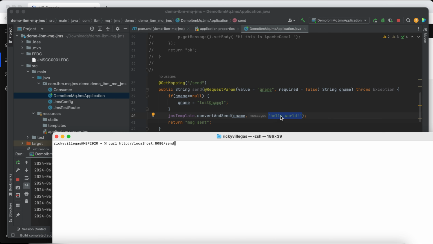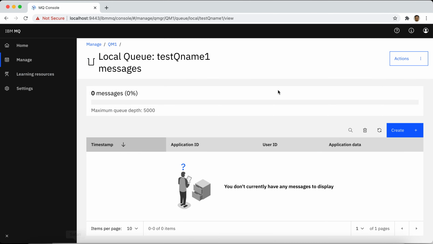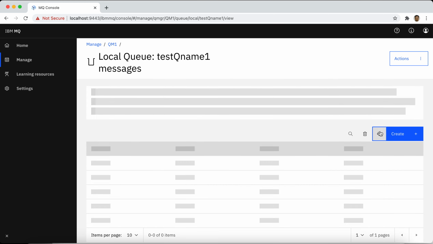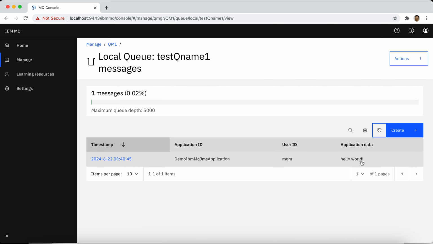Then it will send the message hello world and return this string. Okay, let's try. All right, message sent. Then we expect hello world in our queue. Let's refresh this. All right, this is the hello world.